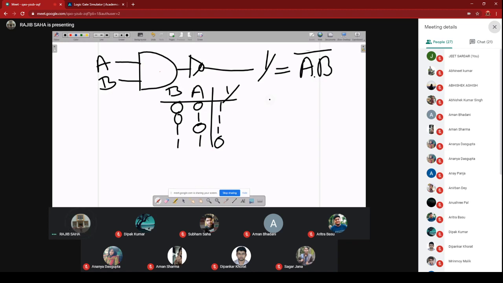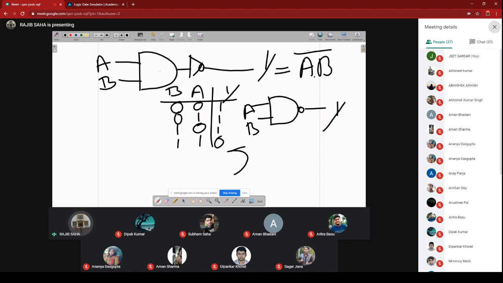We can simply write it, or you can draw it this way also, that this is your NAND gate. So I think it is clear to all of you. Now I'm asking you to implement, sorry, NOR. So how to implement NOR?